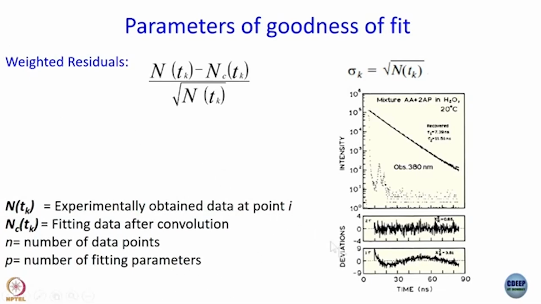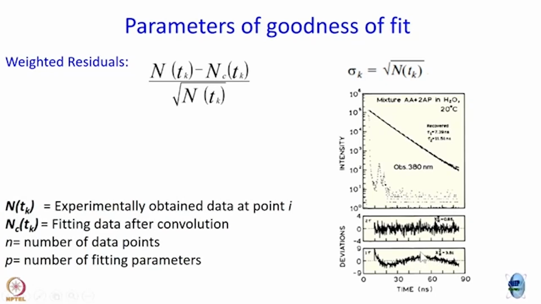and here of course I am not happy with this because chi square is reported to be 0.85 reduced chi square and I do not believe it, but if you neglect that for the moment and look at the residual, you see the upper residual is actually a good fit because you have even distribution on both sides and it should be within the limit of 4, too much of distribution is also not good, and the lower one is definitely not a good fit. Chi square is bad, 3.81, but more importantly